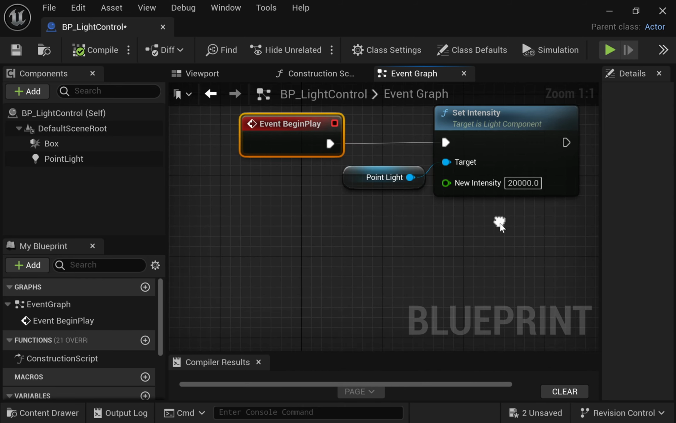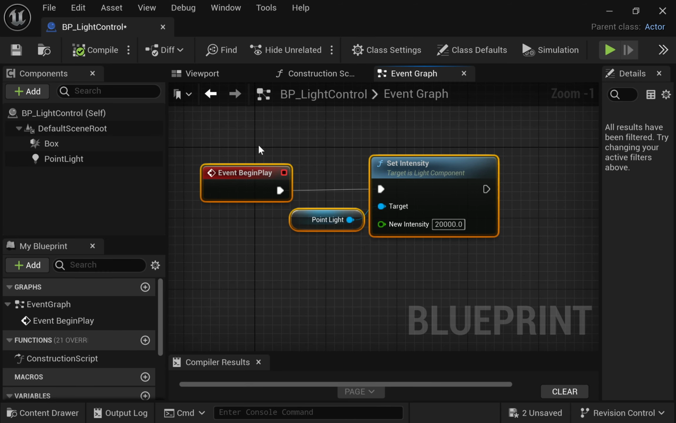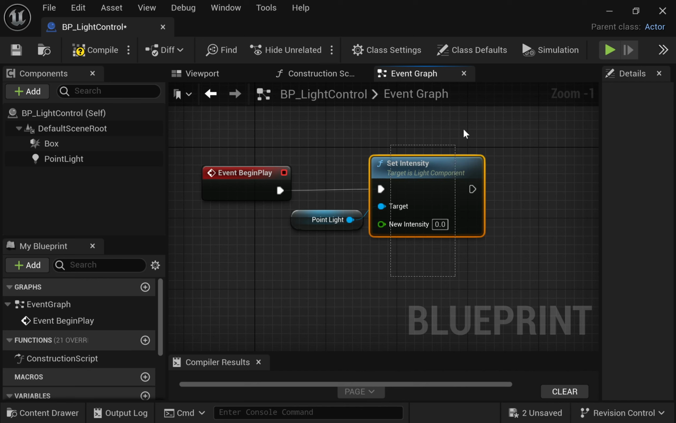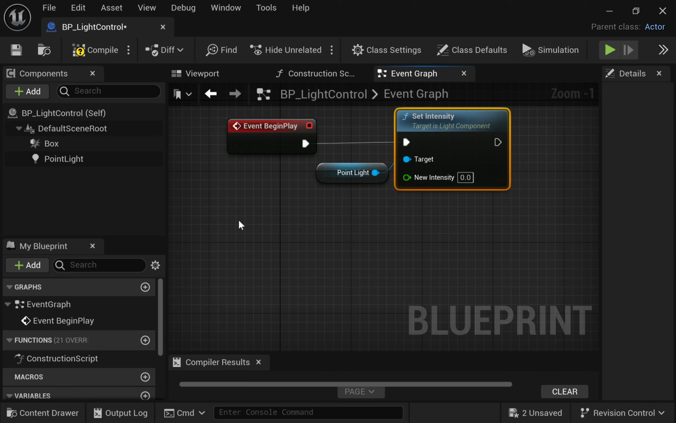Okay, so now we already finished this first step. Let's set its intensity back to 0. So the first set intensity function, under new intensity, we set it back to 0, and then now let's create a new node